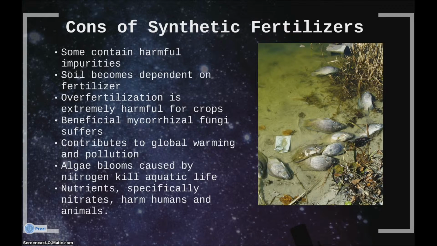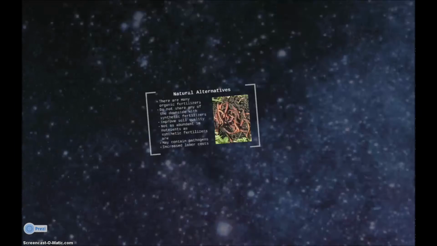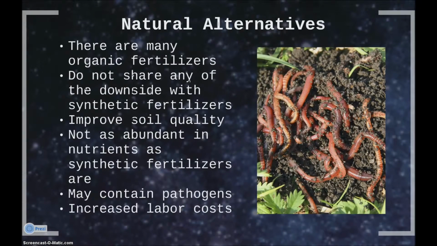Nitrates from fertilizers provide many serious health effects to humans, including some potentially fatal conditions. Nitrates in soil and water have been shown to cause tumors in animals and are linked to many health problems. Some natural fertilizer alternatives to synthetic fertilizers include manure, slurry, worm castings, peat, seaweed, humic acid, guano, blood meal, bone